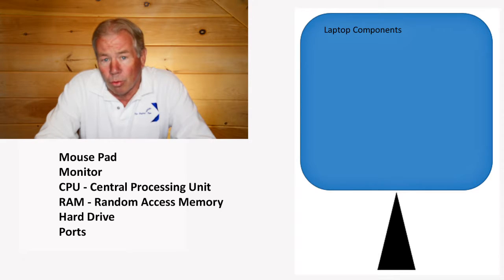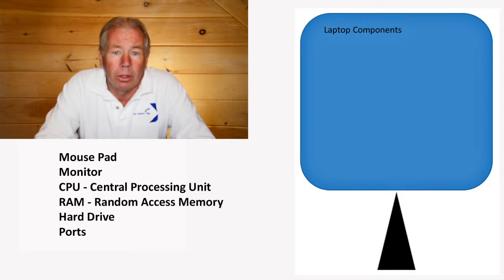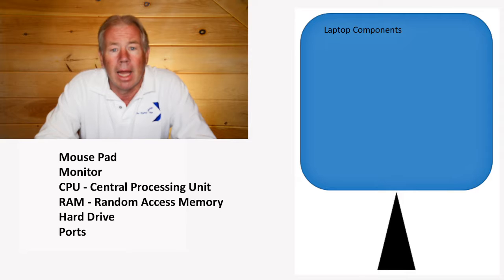We then moved on to RAM, random access memory, where information is temporarily stored while being used by an application. We then discussed hard drives, where information is stored on a permanent basis, and we ended our anatomy of a laptop section with a discussion of ports, the vehicles via which you connect cables to connect your laptop to other